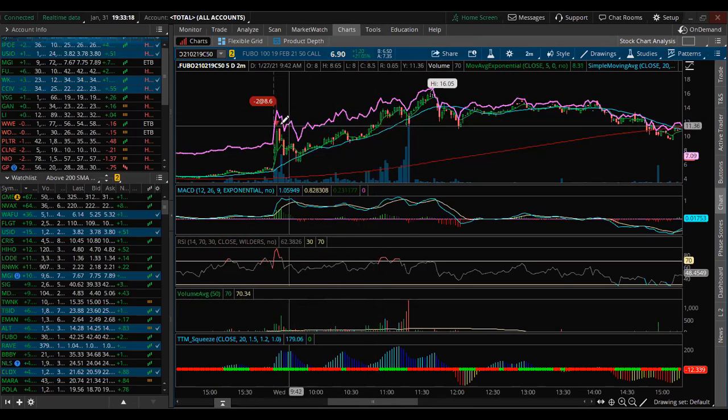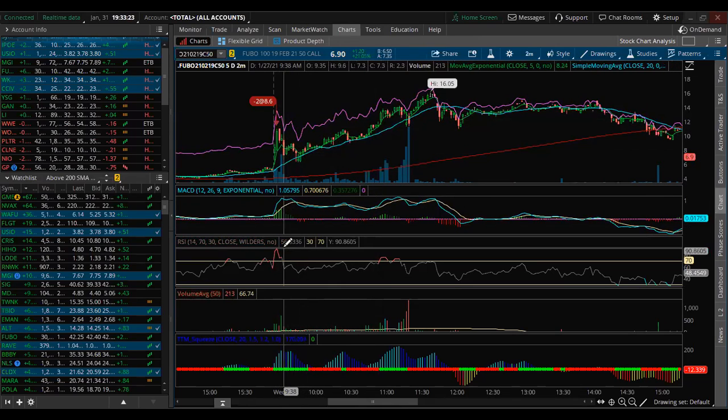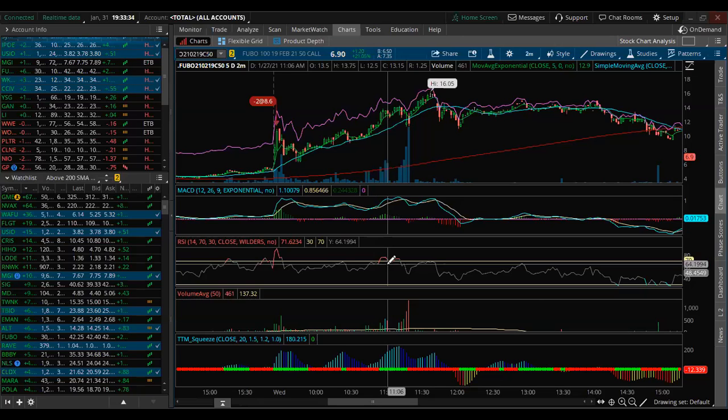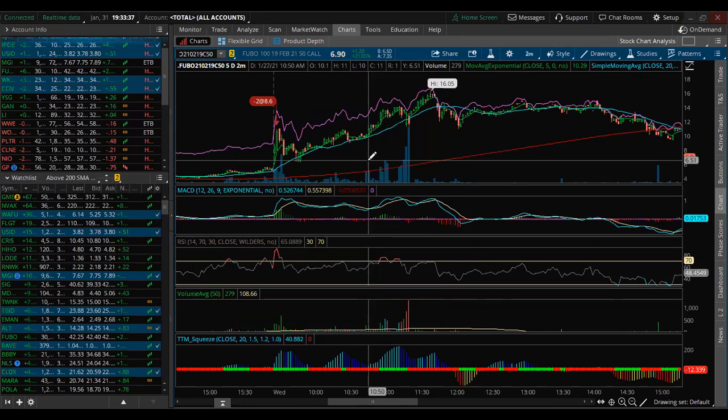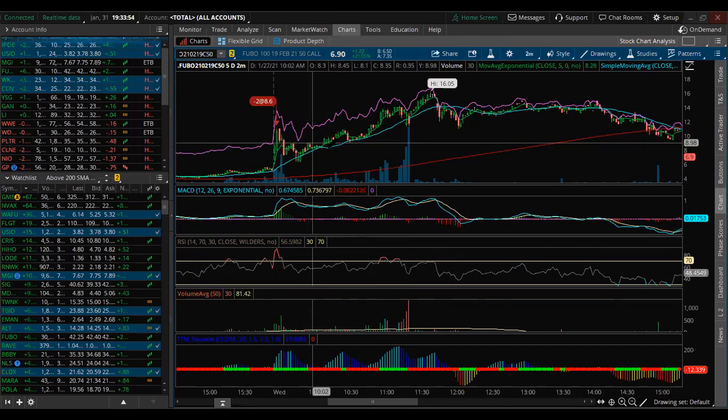But at the same time, once that market opens and you have the stock jump up so high, it's not a guarantee that the stock will continue to move forward. And nor did I know that FUBO was even on the Reddit list at the time. I had no idea. I was just like, it has a good chart. I'm gonna hold it for a couple of days. I bought into it early the first time, but I'll hold it. I've held it from that Thursday, Friday, and then Monday it jumped. So that's why I didn't continue following it, just because I wasn't sure if it was going to continue